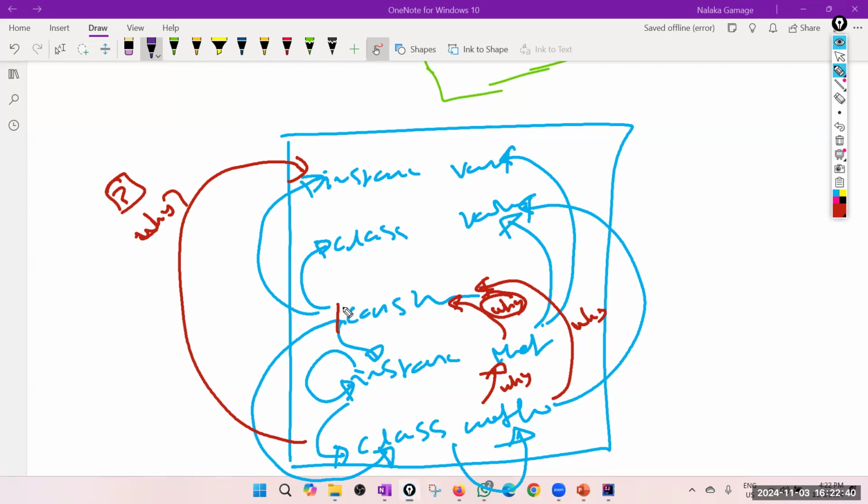Simple answer, because no one is answering. When you write something in the constructor, you promise that this is called only at object creation time. That is your promise. That is why you put it into the constructor. Now, an instance method, anyone can call at any time. So if your instance method calls the constructor, that means at a later time also you are calling the things that you are supposed to do only at the object creation time.